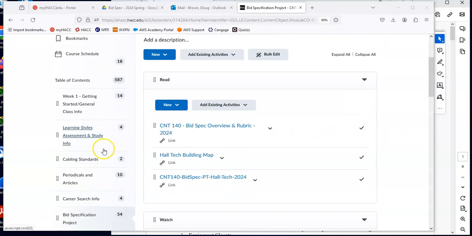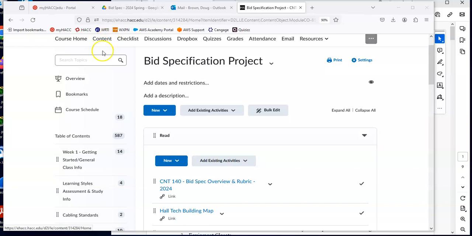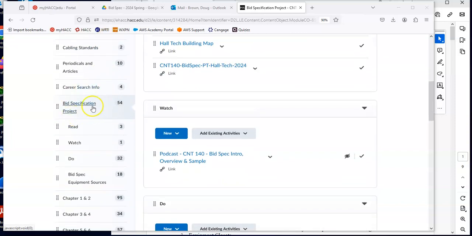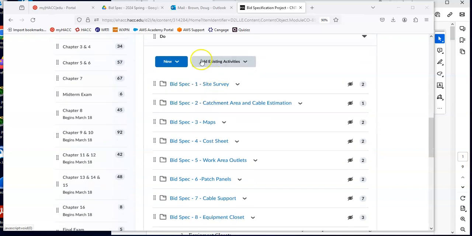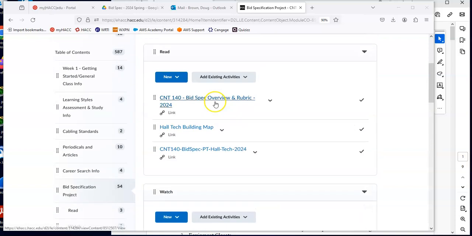So first thing we'll note, on the content page, there is an actual separate folder or section dedicated to the bid specification project. As I open that folder, there is the read area, there's the watch area, and the do area. If I take a look at the read, this is the general files that describes the project itself, the map of the building we're going to do, and the packet tracer file that we're going to put a bunch